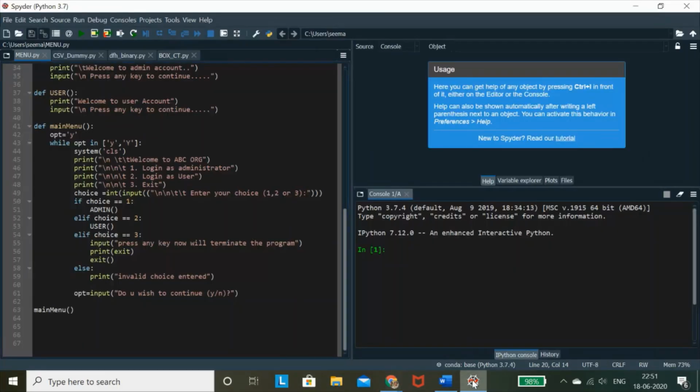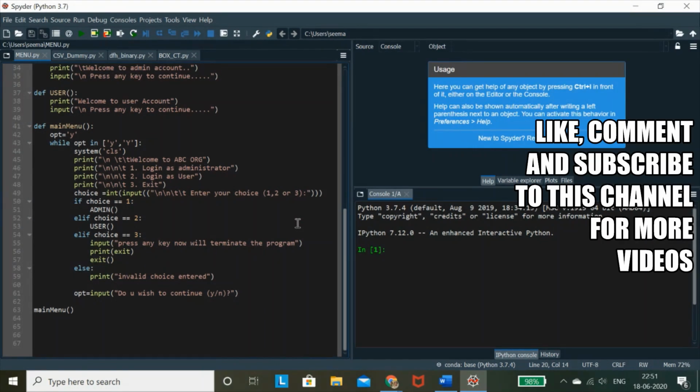Today in this video, we will learn how we can start developing a project in Python. Our project in Python can be developed on various platforms. We can use text files, we can use binary files, we can also use CSV files. CSV files are comma separated value files, and we can also have connectivity with MySQL. There are many other ways also of connecting our data with our code.